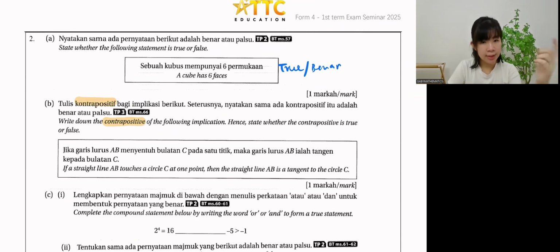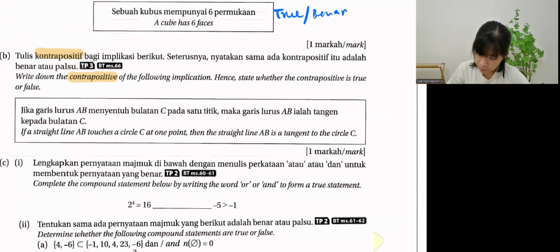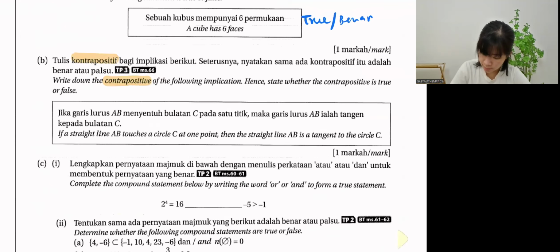So the contrapositive is you flip everything around and also make it to not. Everything flipped, the things we write at the back first. Okay, write the things at the back. Don't start with the, because later, if we're going to write the front thing to the back, correct? So the front thing we don't put at the back. You understand what I mean?